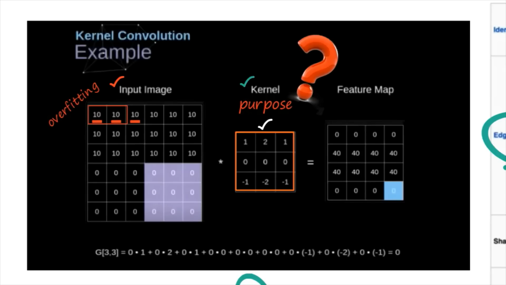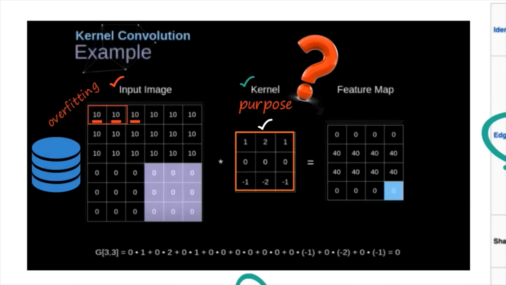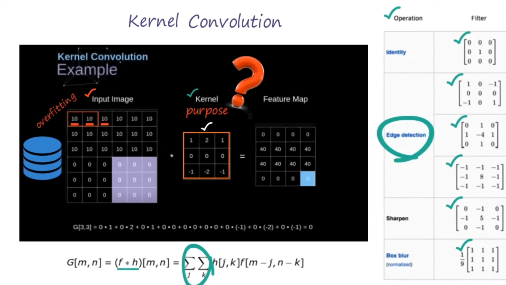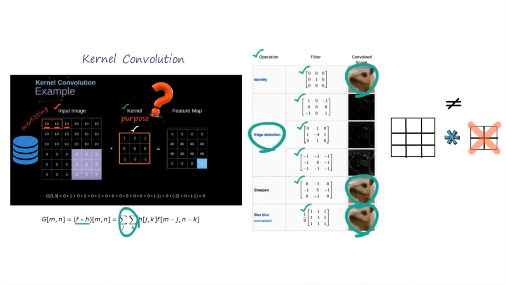So if the kernel size is very small, it will slide over the image and it will extract each and every detailed piece of information of the image. So as a result, it will create an overfitting situation. And also, if it is extracting so much information from the image, what will happen? The computational complexity will increase. So if the kernel size is very small, we are not accepting that.